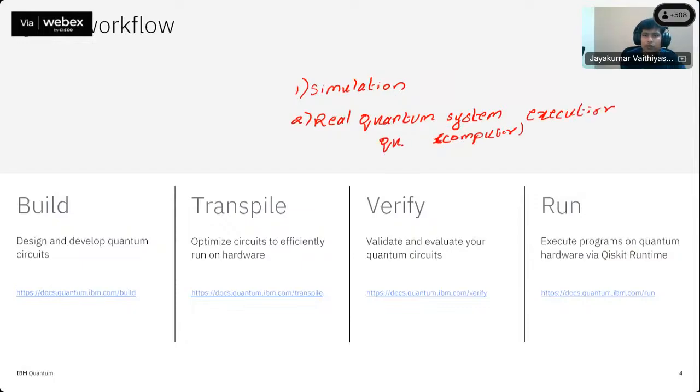Here I will mention quantum computer. Sometimes it will confuse. Okay. So simulation, you can simulate in your local laptop or CPU. So this is possible. So 95% of the time, when you are learning about quantum,